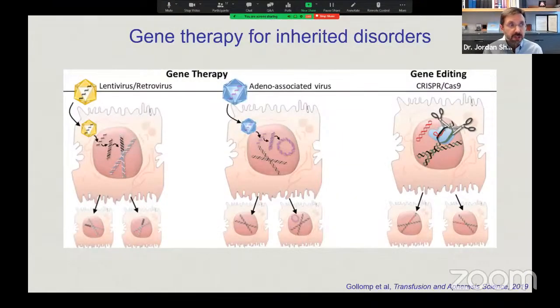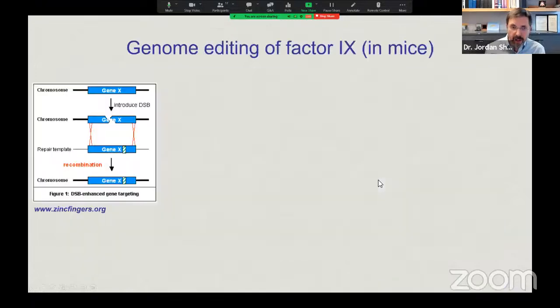So as I mentioned, gene therapy for inherited disorders is currently done with AAV that injects DNA randomly into cells, but we can put these together to inject gene editing materials to then target a particular gene. The first time I saw this done was in mice by Kathy High's group back in 2010. Remember, the idea is that you cut the gene, you put in a repair template, and that leads to a